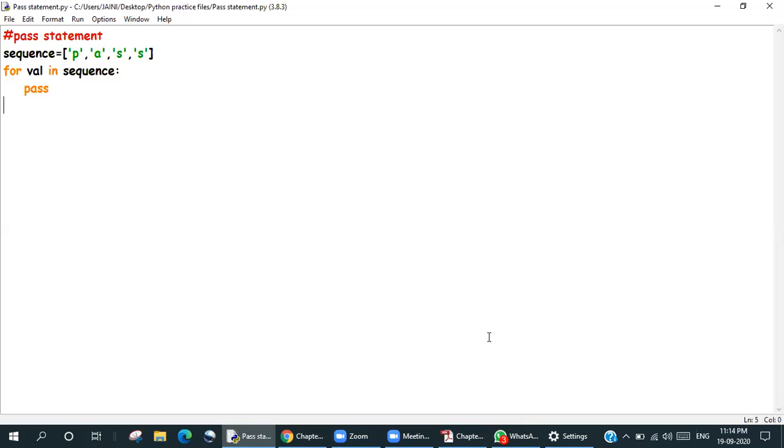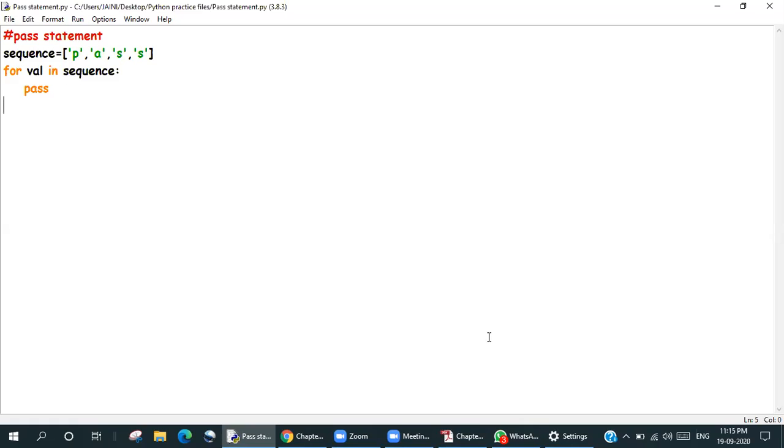A loop contained within another loop is called a nested loop. The break statement immediately exits a loop. That means it will skip the rest of the body and execution will continue with the statement immediately after the loop.